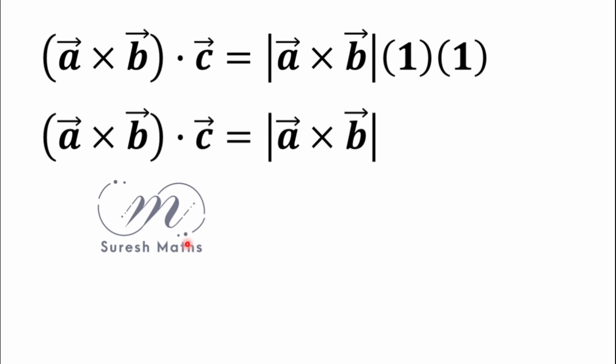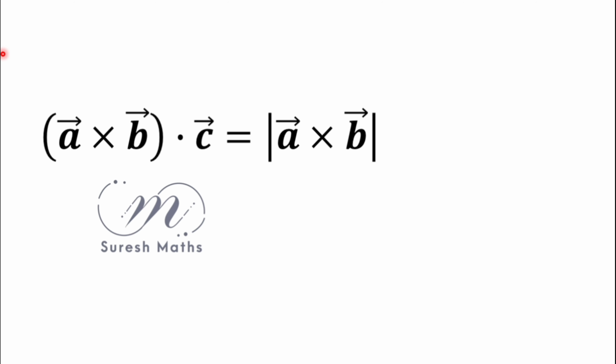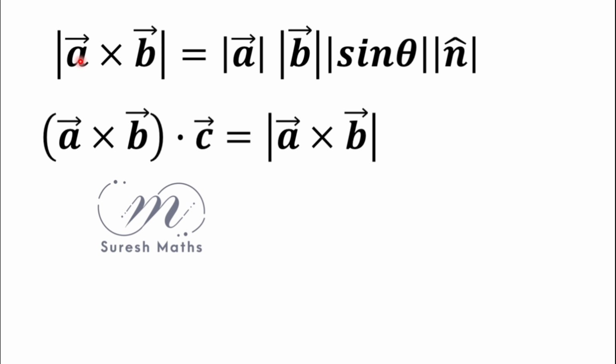Here, for the modulus of A cross B, we have the definition of the cross product. What is the definition of the cross product modulus? For any two vectors, first vector modulus, second vector modulus. If you are given the cross product, sine of the angle is used. If you are given the dot product, cosine of the angle is used. Here the modulus is given, so we take the modulus of sine theta, and n cap is a unit vector which is perpendicular to both A vector and B vector. So the modulus of A cross B is mod A vector, mod B vector, modulus of sine theta, modulus of n cap.